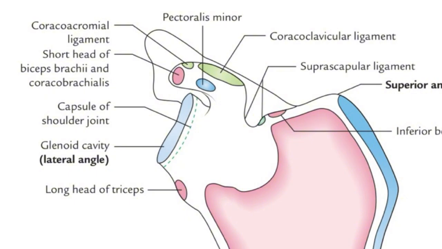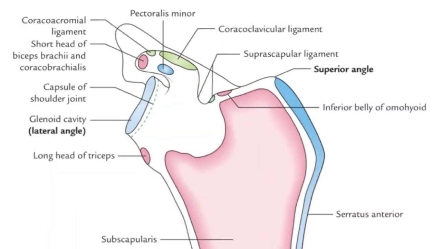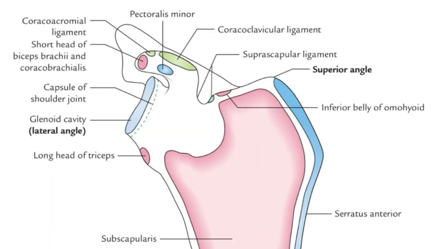The superior angle does not really have anything attaching to it. But in the superior border, you can see the suprascapular ligament converting the notch into a suprascapular foramen,